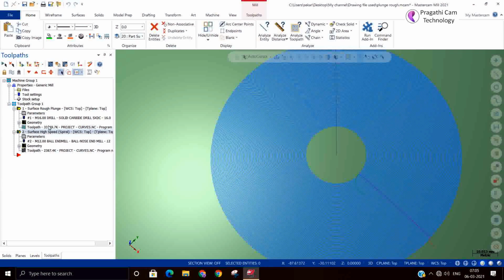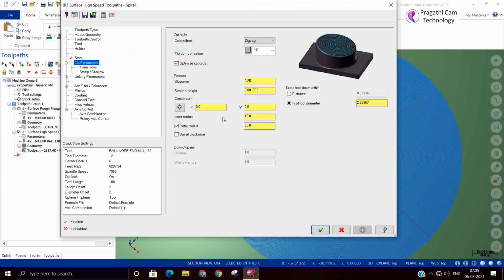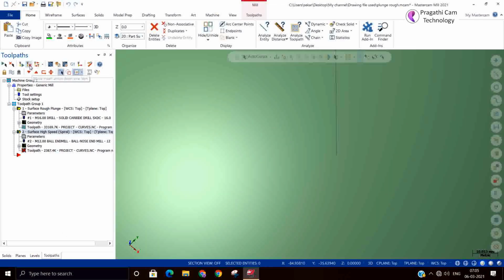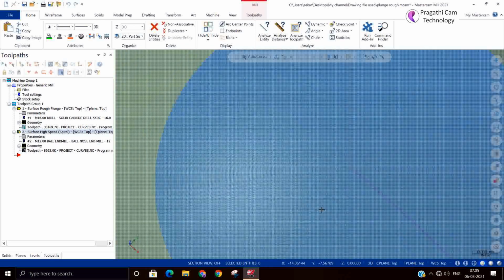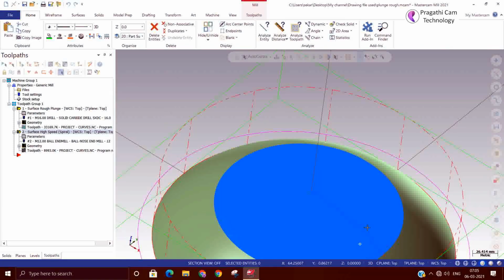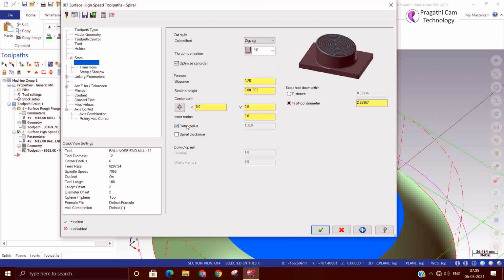So if you keep inner radius 0, outer radius you can keep 100. So now you can see that. Suppose if you want complete machining, then you can remove that outer radius also.